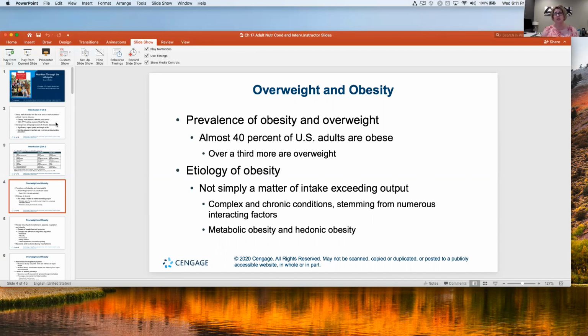So understanding the numbers and then understanding the etiology of obesity. We've always said that obesity, when we look at calorie levels, is calories in equals calories out. But is it really? That's what I want you to think about here. Yes, principally, that is the idea: your calorie level is your set point for your body. When you take that in, that's what your body needs, and then what you expend out. However, are there going to be issues? Are there going to be things that might weigh on that so that calories in might not always equal calories out? But for the purposes of learning, first of all, let's look at that and understand that